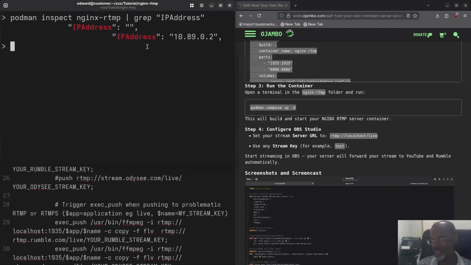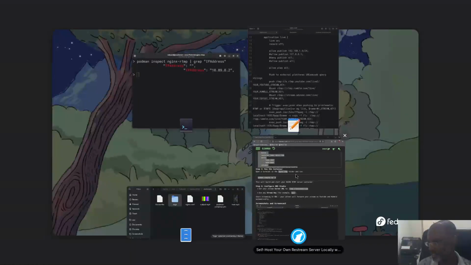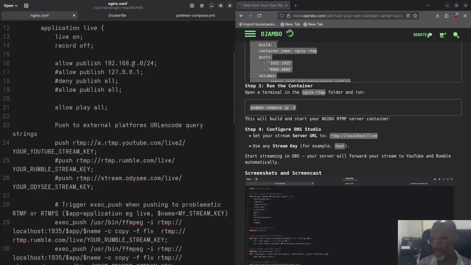So to resolve this issue, if I uninstalled Podman and all this stuff, that would also solve the problem. But when you have your containers, you don't want to destroy everything. So that's why I showed you the other workaround I came up with, which is I just allow publish